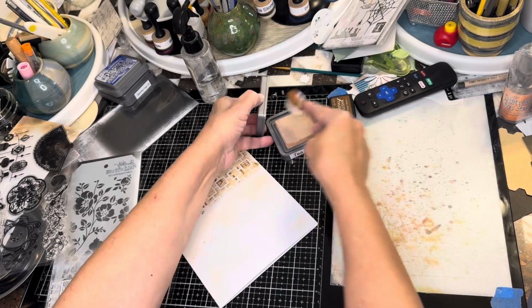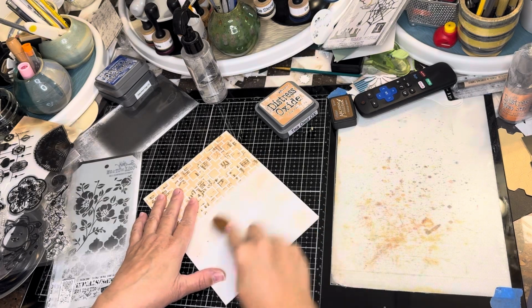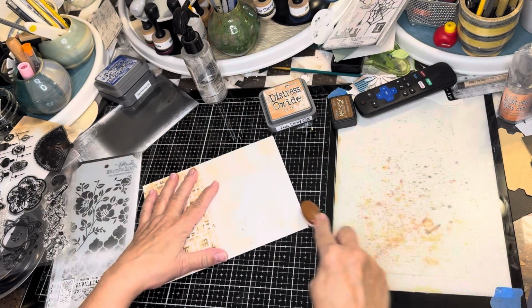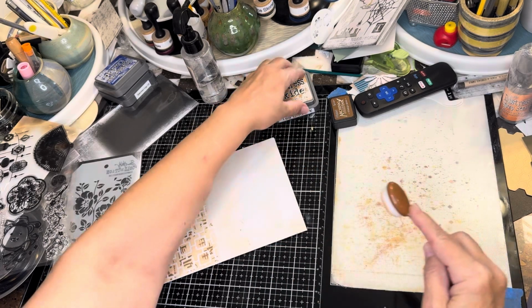It's not the same as watercolor paper, but it's better than a lot of other papers, so I'm really happy with it. And let me see if I ever finished what I was saying about me loving Tim Holtz. I love you, Tim Holtz. Not that he's ever gonna watch my videos, but anyway,